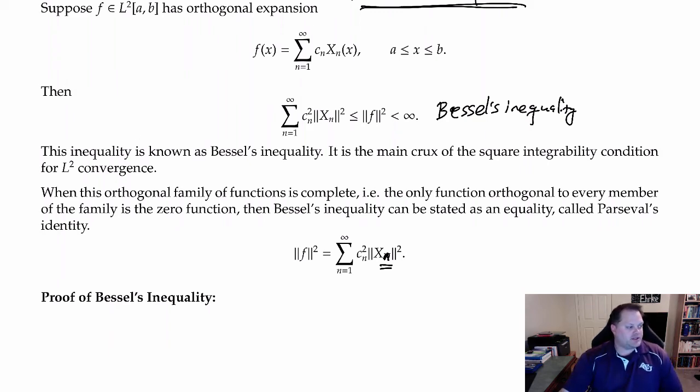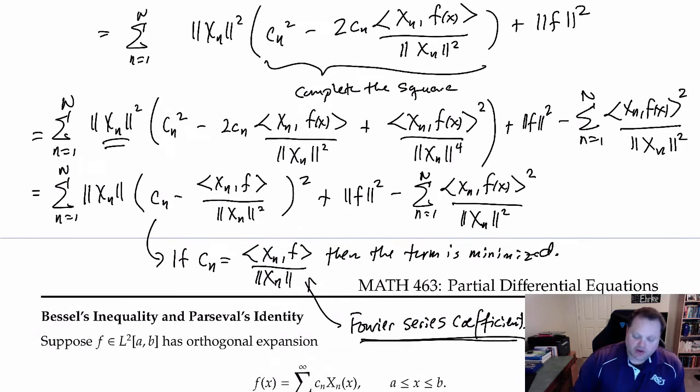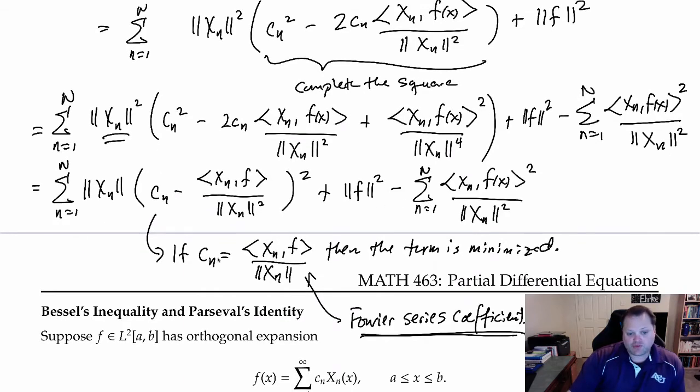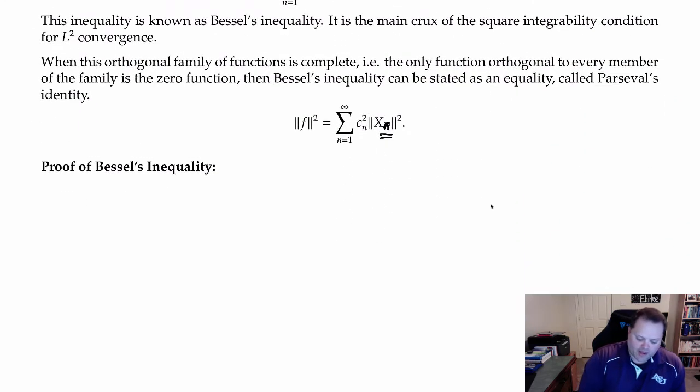Well, it's actually pretty easy to prove that because we just did all of the heavy lifting here on the previous proof. So notice what the previous proof said, that if we use the Fourier coefficients, then the error is minimized. This term goes away. We're left with just this. So by the previous proof, by the previous result,